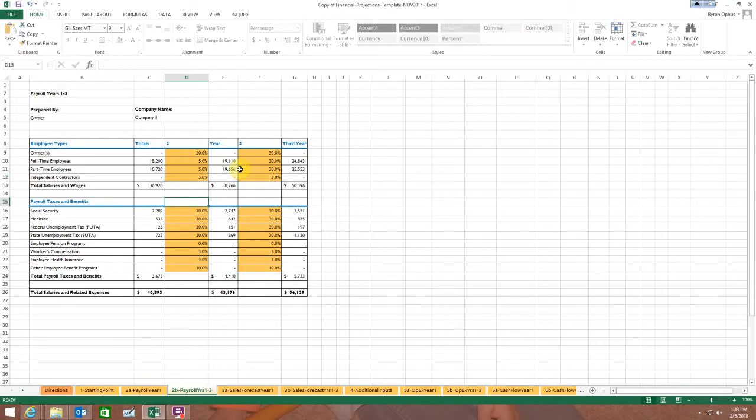Note that down here I need to do the same thing for all 4 of these, and it would be for my workers' comp as well. So I'd have to change this to 0.05. Oops, wrong spot, sorry. I have to change this to 0.05. Then if I want, I can just drag that down, all the way down. And maybe in the next year I'd go 7%, so 0.07.